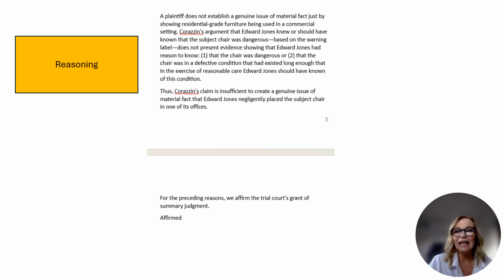So at the end of the day, what do they do? Again, we go back to your disposition, and they affirmed. And who's we? The Court of Appeals. So this in a nutshell is how you walk through your brief, okay? You want to remember, here is the kicker. Your issue is never going to be whether someone's negligent or not. It is never going to be whether someone is liable or not. Those are facts that you apply to the law, and you have to determine the application of those facts to law